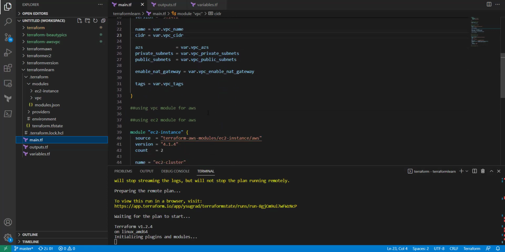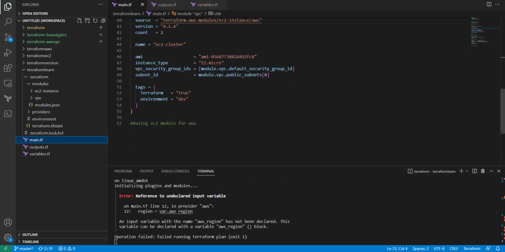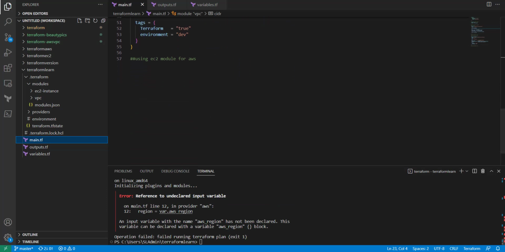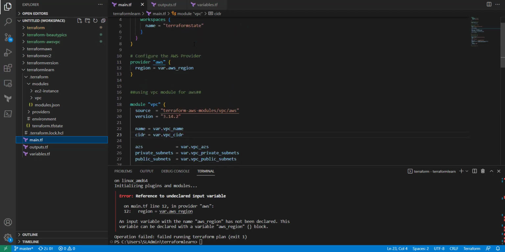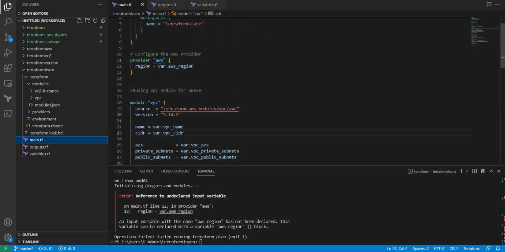We shouldn't have any more errors. And input with, okay, let's look at line 12. So line 12, region equals var.aws_region. Yeah, so let's see, we've got a provider block. And let's actually just,